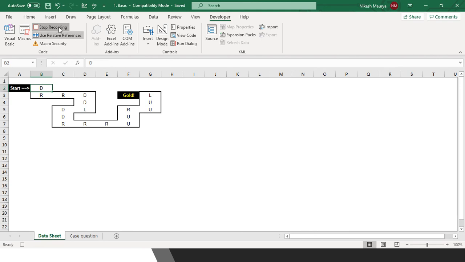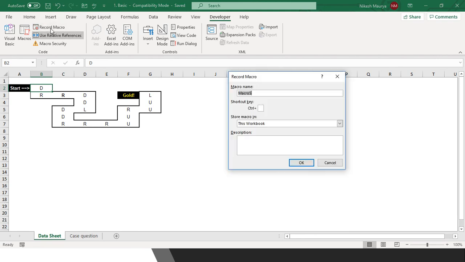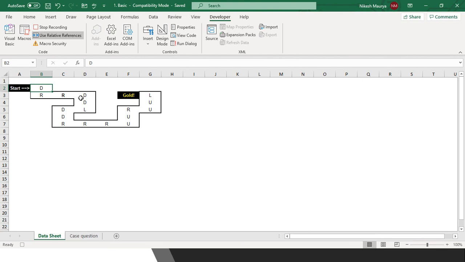I'm stopping here. I have recorded one, and again we'll record down. Control S. Here we are moving from B2 to B3. So we have used this, and again we have given one down option.